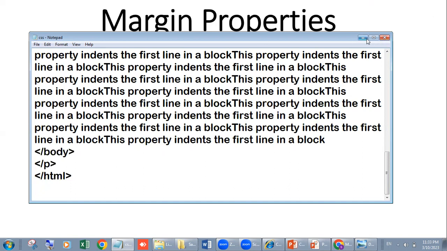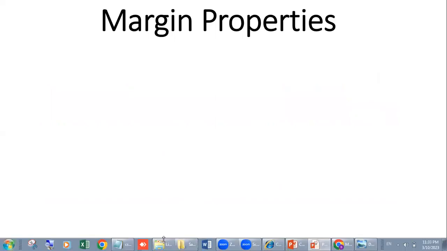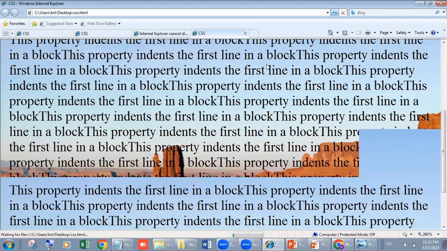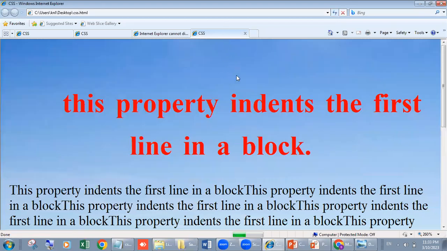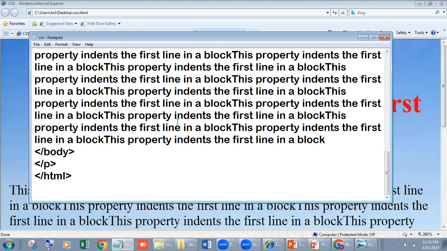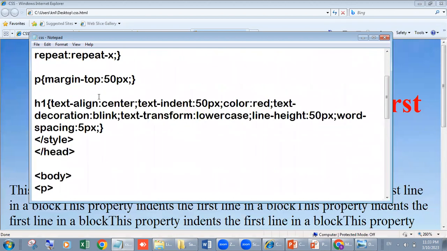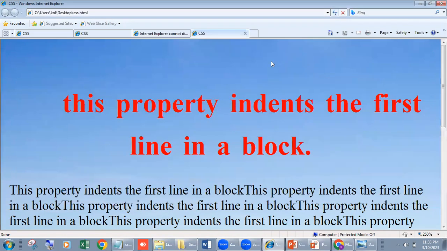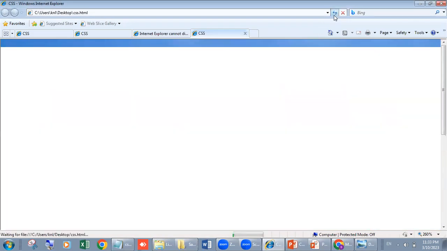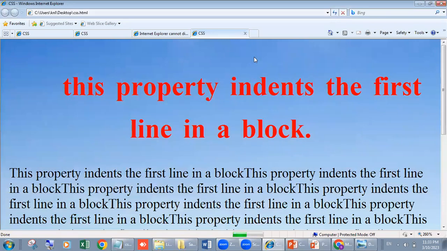Now let's notice the change. Is there any change or not? Look students, the margin is there. Again I am changing it from 50 to 30 so that you can notice the change. This margin we have, look, the margin is reduced. Okay, in the same way you can set your margin from bottom, from left, from right. I am not